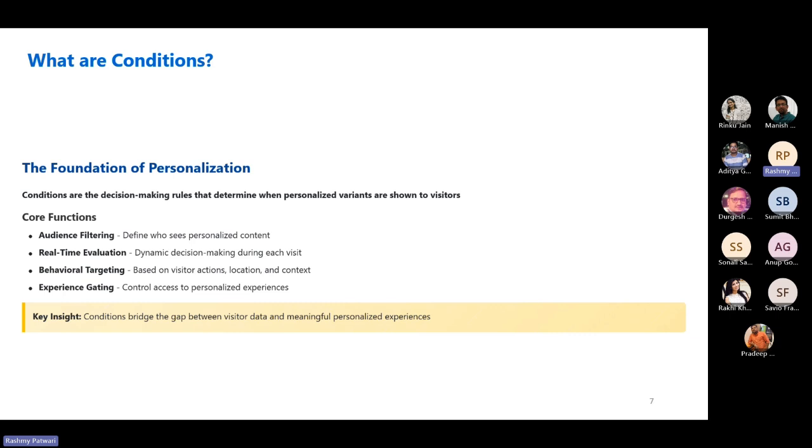Yeah, and the controlled access would be basically... What's a good example here? You'll see that in the demo as well today. Say for instance, we have visitors and then we have logged-in users, authenticated users. You don't want certain offers to be visible to all the visitors, whoever is visiting the website, but you want to cater them only to the authenticated users. So we can set up gates like that.